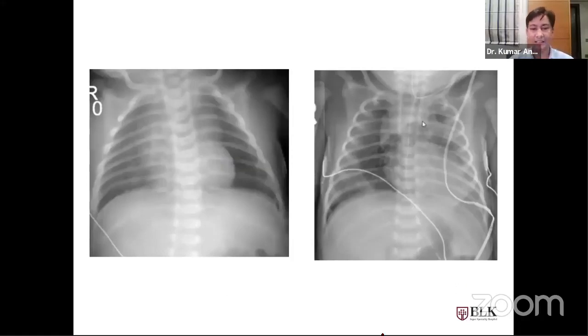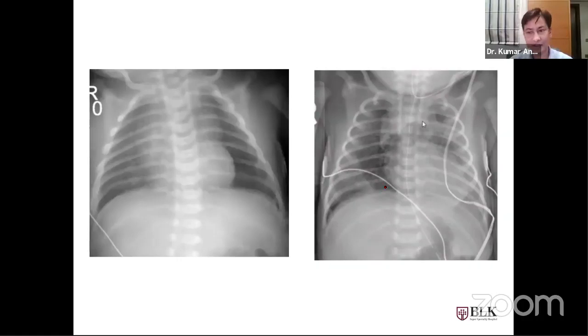Again, in this X-ray, we can see that the left heart margin is more prominent as compared to the right heart margin. That means air is more on the left side, even though there is no air in the pleural cavity. But again, you can see that the thymus is slightly compressed and uplifted. So possibly it is because of both medial pneumothorax as well as pneumomediastinum, because the thymus is uplifted.